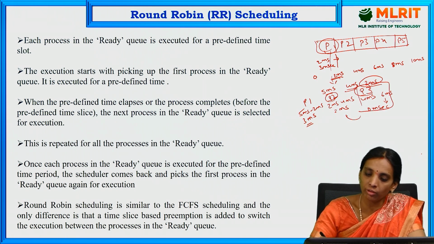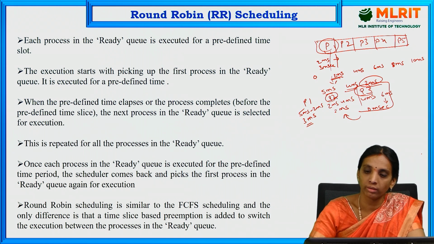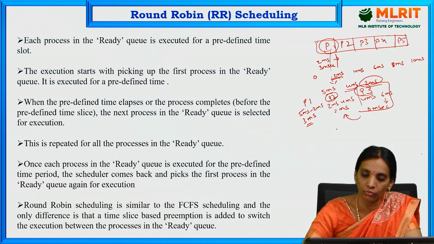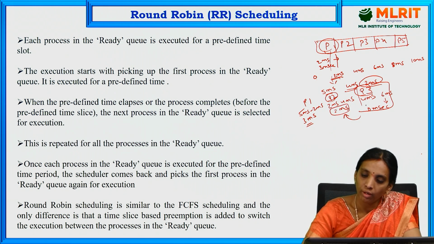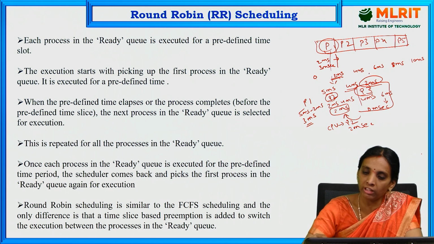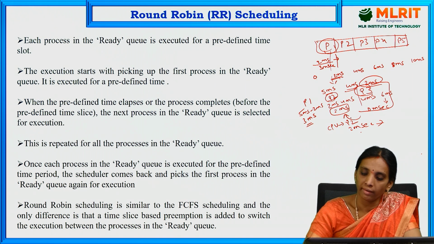Now after completion of this execution, the CPU will again be allotted to P2. We come back to the process P2, and P2 starts its process. The remaining time for P2 is 2 milliseconds. Therefore, after completion of P3, the CPU is allotted to P2, P2 goes for execution, and after the 2 milliseconds predefined time interval, P2 completes its execution. Since it completes its execution, it is not preempted.